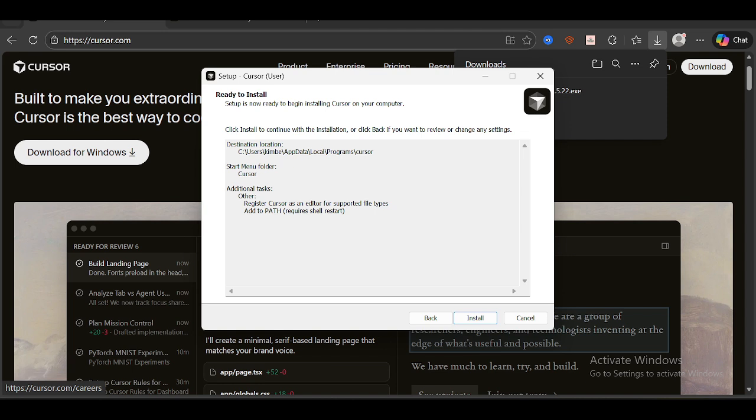When the installation is complete, you'll see a confirmation screen. Often, there will be an option to launch Cursor immediately. If you want to start using it right away, make sure that box is checked. Then click Finish. That's it. You've successfully installed Cursor.Ai on your Windows computer. From now on, you can open it from your Start menu or desktop, depending